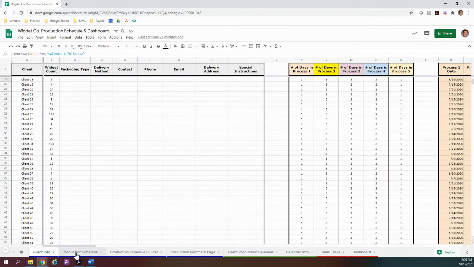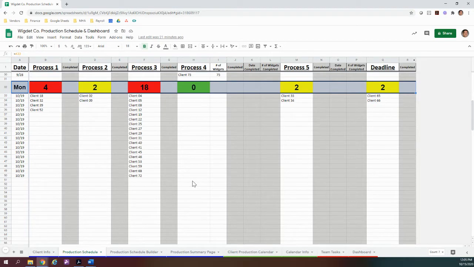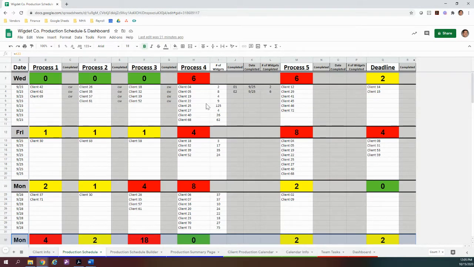Now, if we go to this production schedule tab, you can see I've got a couple days worth of production listed. In this left-hand column, we've got the date, and at the top of each new date, we've got a little ticker for each process, and these are formulas. If you look, they're array formulas, and it looks pretty complicated. It looks messy, but basically what it's saying is count all of the cells underneath until the next blank cell,